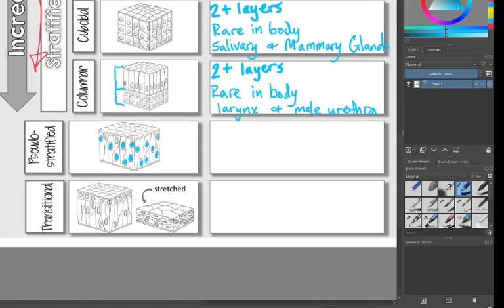And so we say that the nuclei are uneven as a way to describe these. And we also say that they are just kind of weird looking. They're kind of oddballs. They don't fit anywhere. This word pseudo means fake. So it's a fake stratified or falsely stratified group of tissue. So it doesn't really fall into any particular category. So to describe these guys, we would say uneven nuclei,